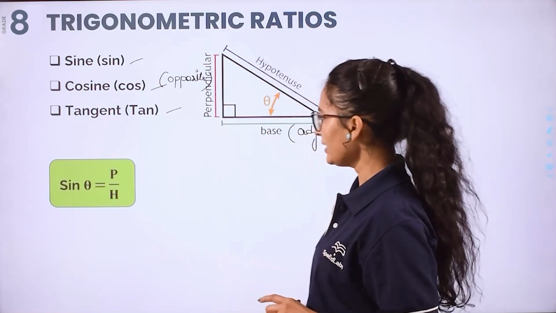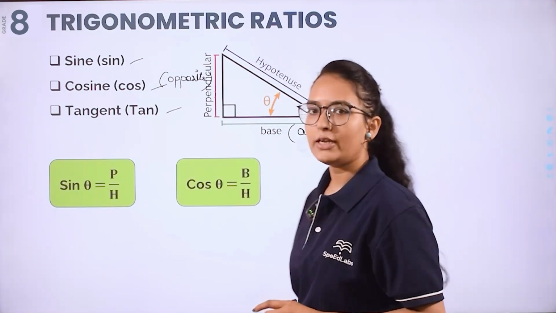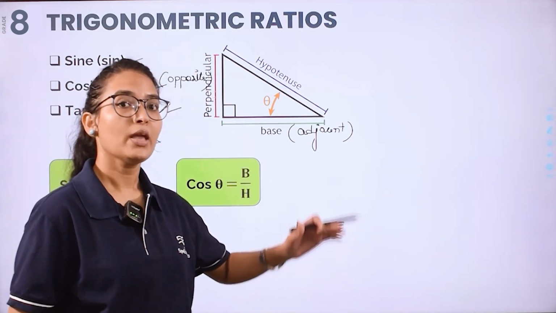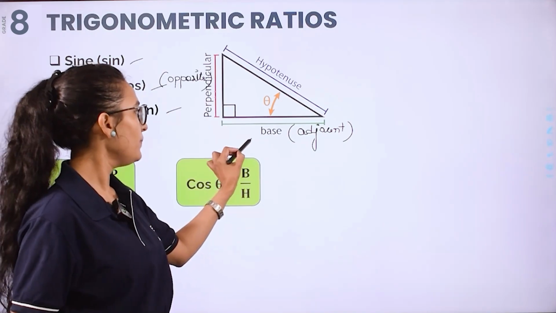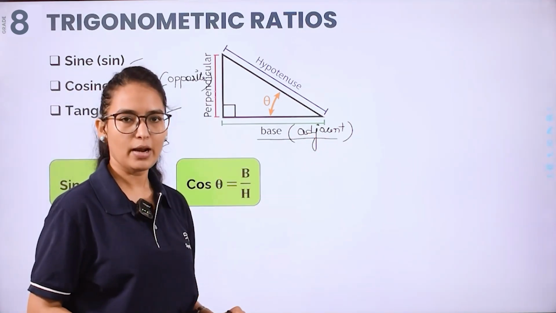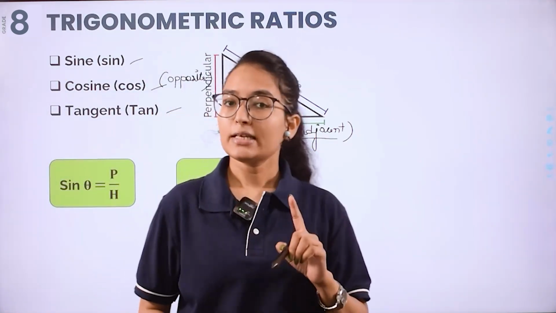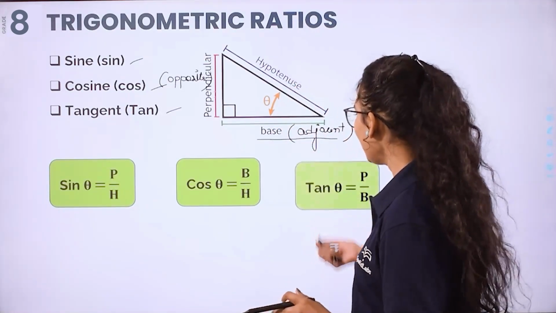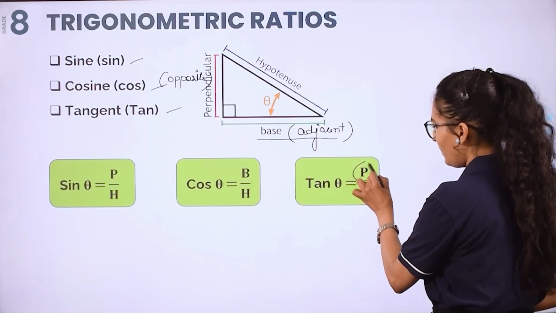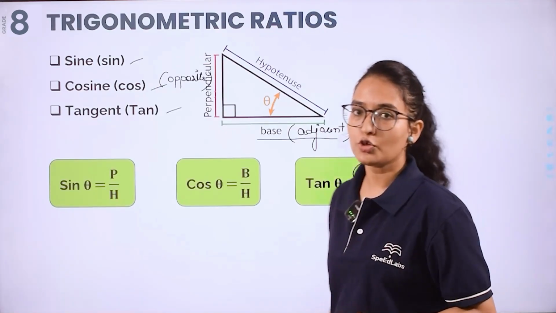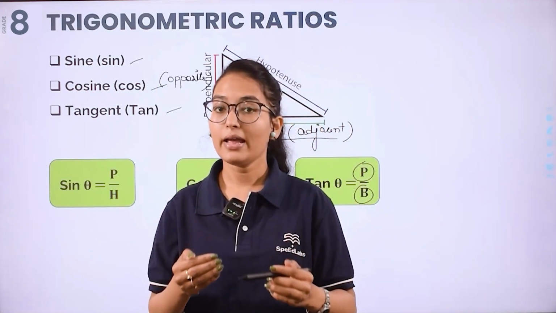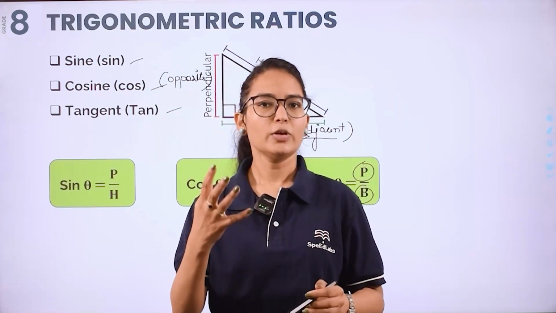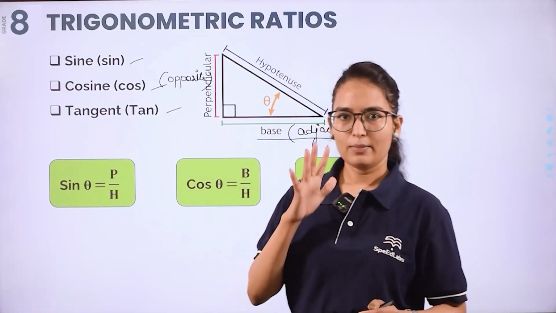Let's see the next definition. The next one is of cosine of theta, and that is your base upon hypotenuse, or also you can say adjacent upon hypotenuse, because base is also called your adjacent side, right? Now I told you that there is a relation that exists between sine theta and cos theta. So tan theta is basically defined as perpendicular upon base, or it is also defined as opposite divided by adjacent side. Perpendicular is opposite side, base is adjacent side, so it is basically opposite divided by adjacent.